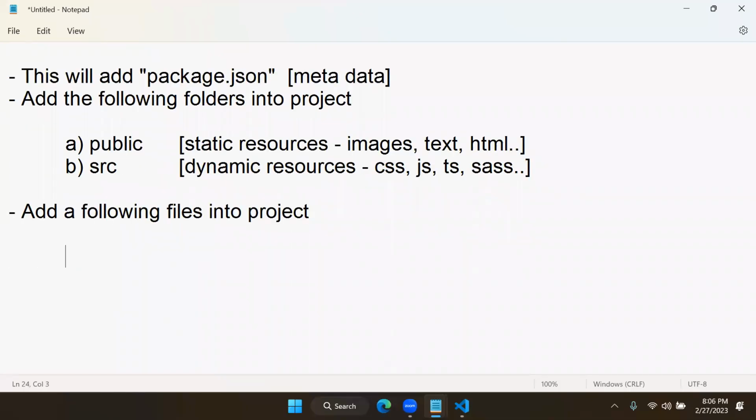What are the basic files you need? One is in public: you need index.html, because the startup page is index. Another in src: you need index.js. That is the JavaScript file you need for startup. So let's go